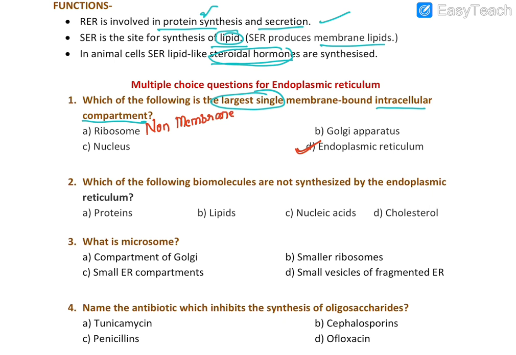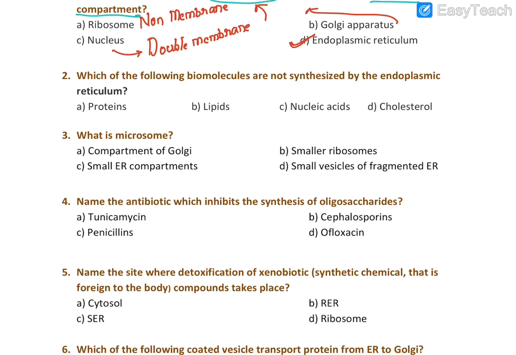It's a non-membrane bound cell organelle, but the nucleus is double membrane bound cell organelle. Golgi apparatus is also a single membrane bound cell organelle. But here they are asking about the largest intracellular compartment. It is endoplasmic reticulum. Coming to the second question, which of the following biomolecules are not synthesized by the endoplasmic